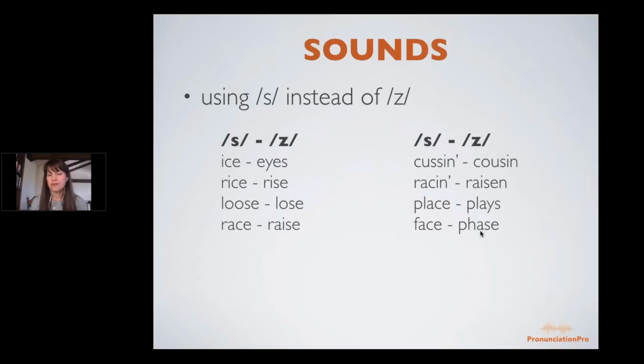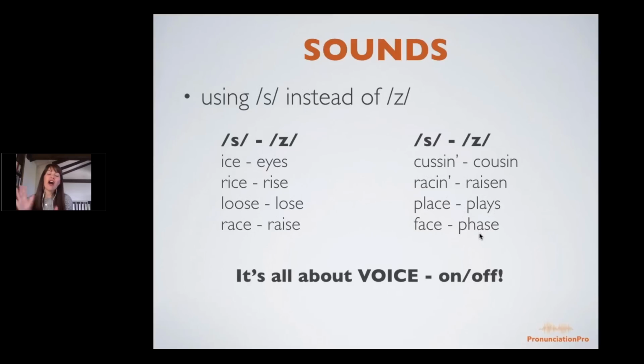Face. That sounded similar, right? Yeah. Face. Phase. There you go. Got that voice on for that ending. All right. Cool. Good. So it's all about the voice with these, and